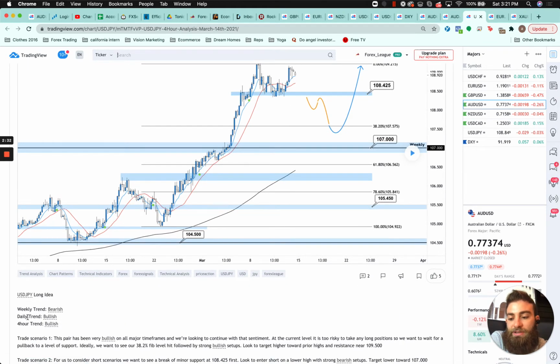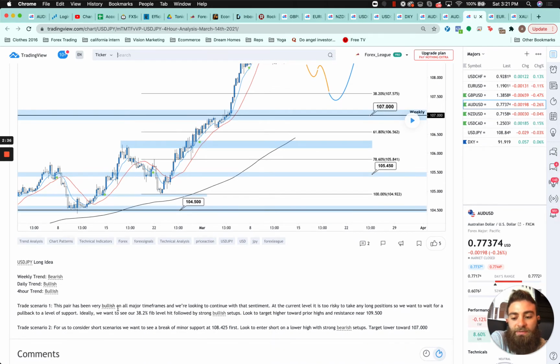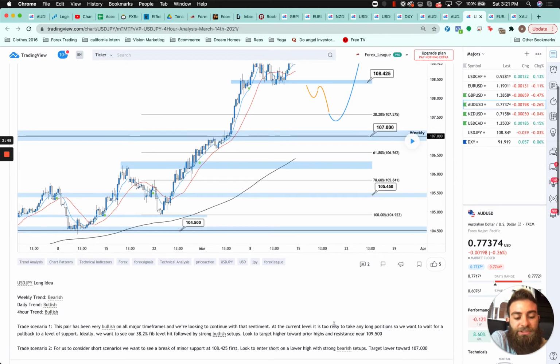Weekly trend bearish, daily trend bullish, 4-hour trend bullish. Trade scenario 1, this pair has been very bullish on all major time frames, and we're now looking to continue with that sentiment. At the current level, it is too risky to take any long positions, so we want to wait for a pullback to a level of support. Ideally, we want to see our 38.2% fib level hit, followed by strong bullish setups. Look to target higher toward prior highs and resistance near